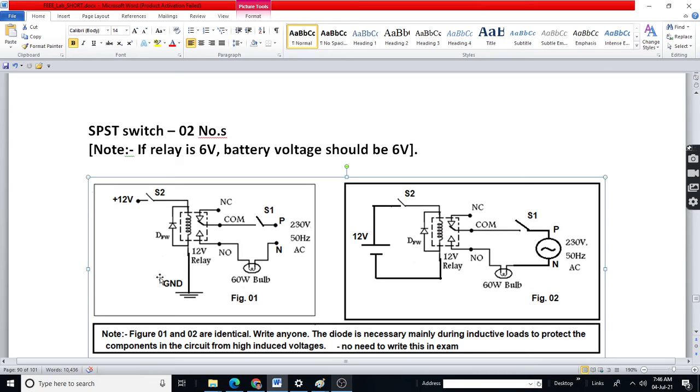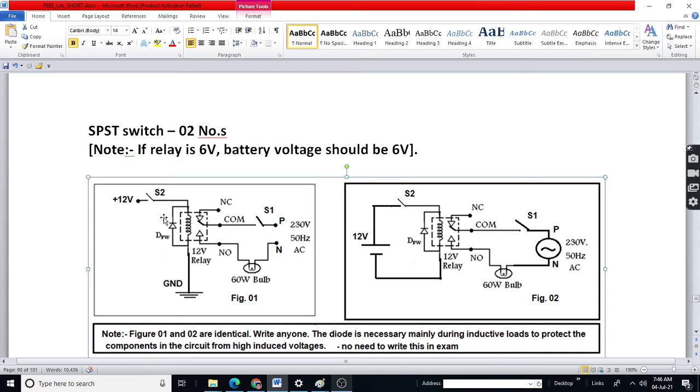A diode is kept here for safety purpose. Here it is not required actually, but sometimes suppose you have some transistor or some electronic devices which are small size.